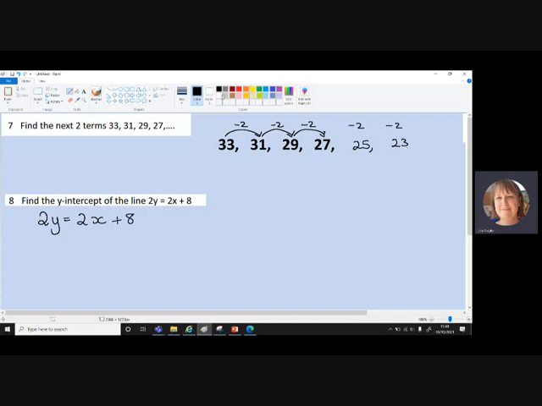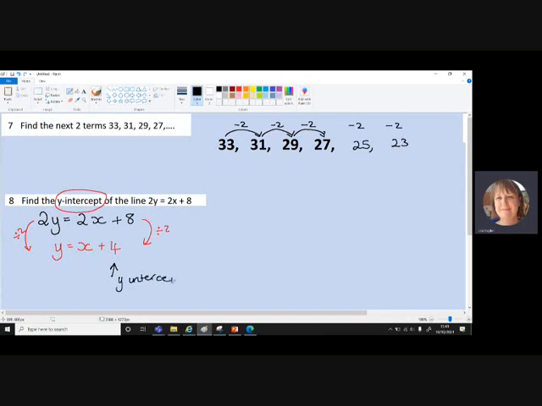To be able to identify the y-intercept correctly, we need to have an equation that actually states y equals, not 2y. So what we need to do first is divide the top equation by 2, so that 2y divided by 2 gives me y. We need to do the same to the other side. So 2x divided by 2 is x, and 8 divided by 2 is positive 4. Okay, and now we can identify our y-intercept,